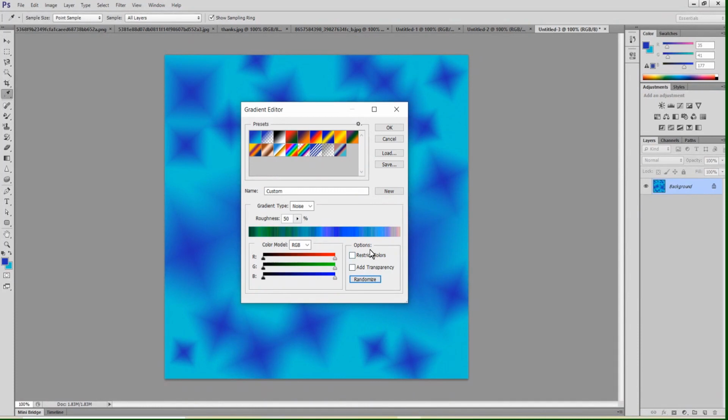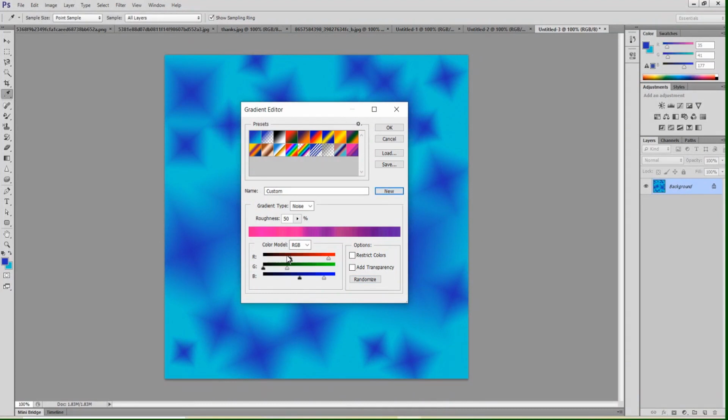If you like any gradient and you want to save it for the future use, you can click on this new button. You can also increase or decrease the values of the red, green and blue and create some new colors. Okay, now all the purple colors are there, lavenders are there. I'm randomizing it. See, only the colors that have been selected by me are used for creating the gradients. If I like any gradient, I can click on new and that gradient is added.